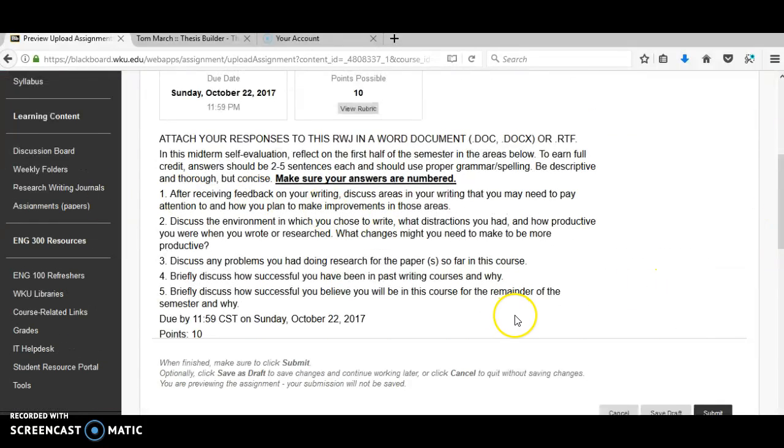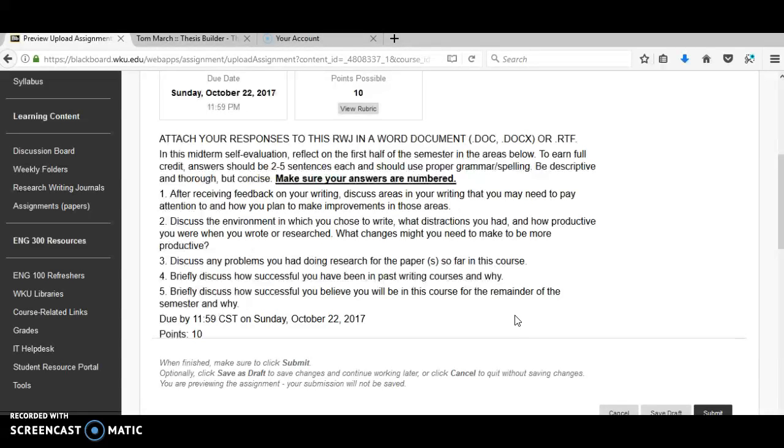It's going to ask you some questions about feedback on your writing, the environment where you write. Please do not duplicate prior answers to this because they may change over the semester and the plagiarism checker picks that up and then you get a poor grade. So please be original. It's okay to look back at some of the other responses you made, but just make sure that you're writing original work for this.